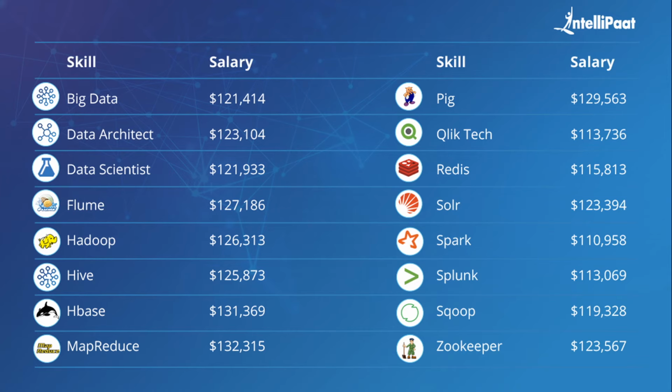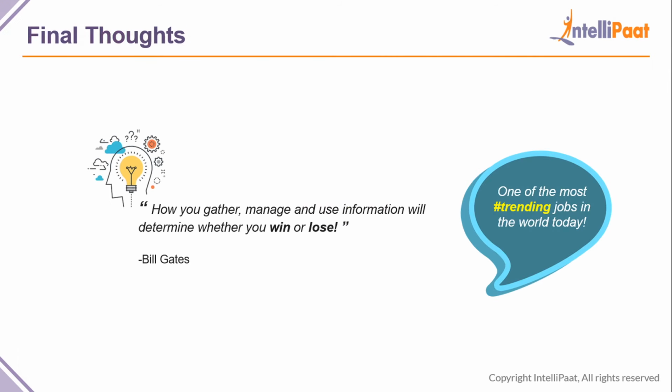So I hope you guys could make sense and see the actual potential present in the world of big data, guys. So coming to my final thoughts on this particular live session or this particular concept of big data at all, well, I would like to quote Mr. Bill Gates here. He says, how you gather data, manage data, and use information will determine whether you will win or lose.